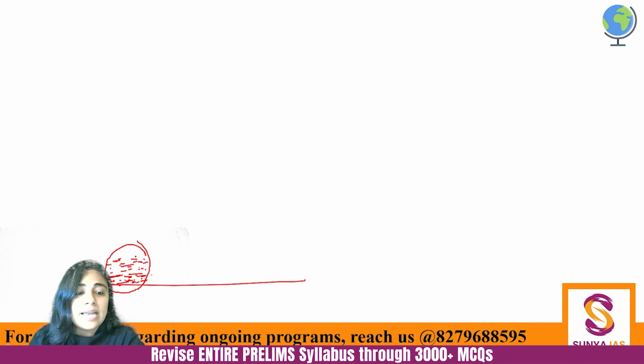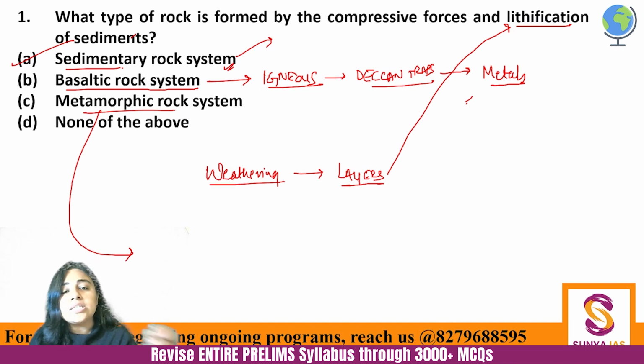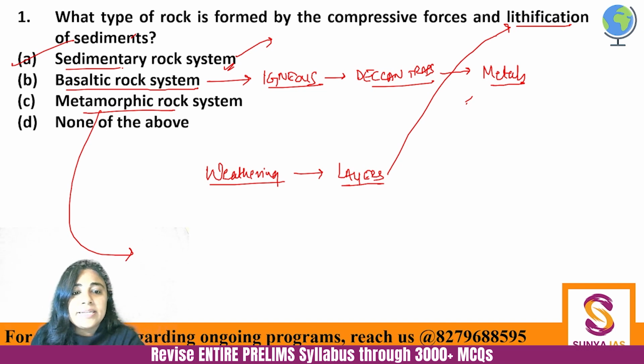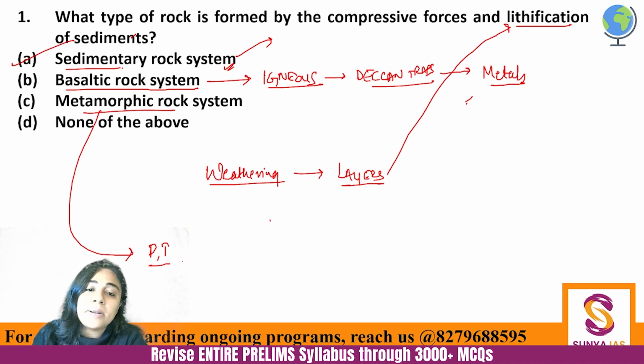Right? So that is about the basaltic rocks, sedimentary rocks, and metamorphic. Metamorphic is basically the changes because of temperature and pressure that happen to both igneous and sedimentary rocks. And even metamorphic rocks, if they are under a lot of pressure, will be transformed into some other form, right? So for instance, marble